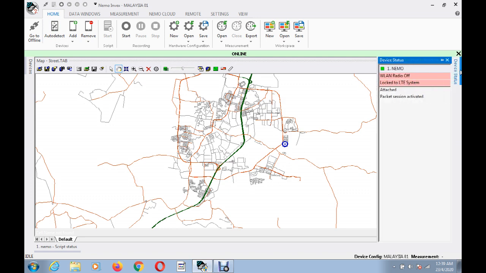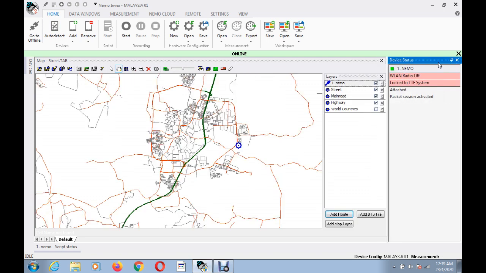Here you can see our device status. Device status is on, and it's logged on LTE. So our device status is on, it means our device is connected properly.